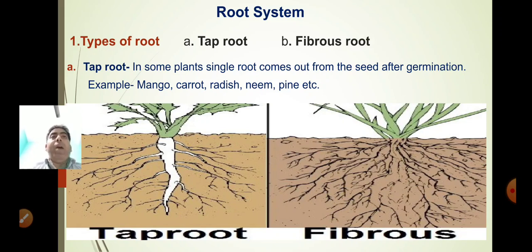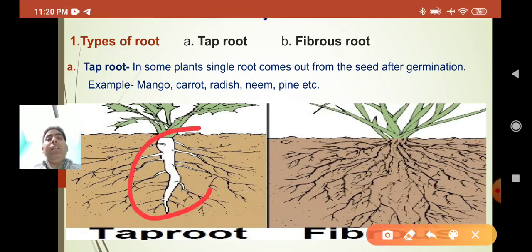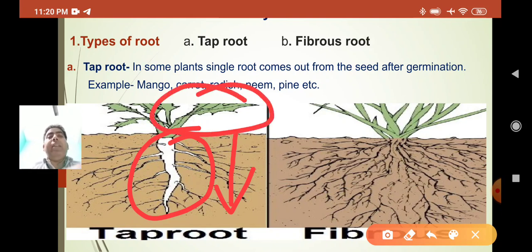The part of the plant that grows under the ground is called the root system. It always grows toward gravity. Here you can see this is the root. It always grows toward gravity, meaning downside. It finds moisture, because moisture is present deep in the soil, and it grows away from the light. Light is upside from the sunlight, and as you go downside it becomes dark.